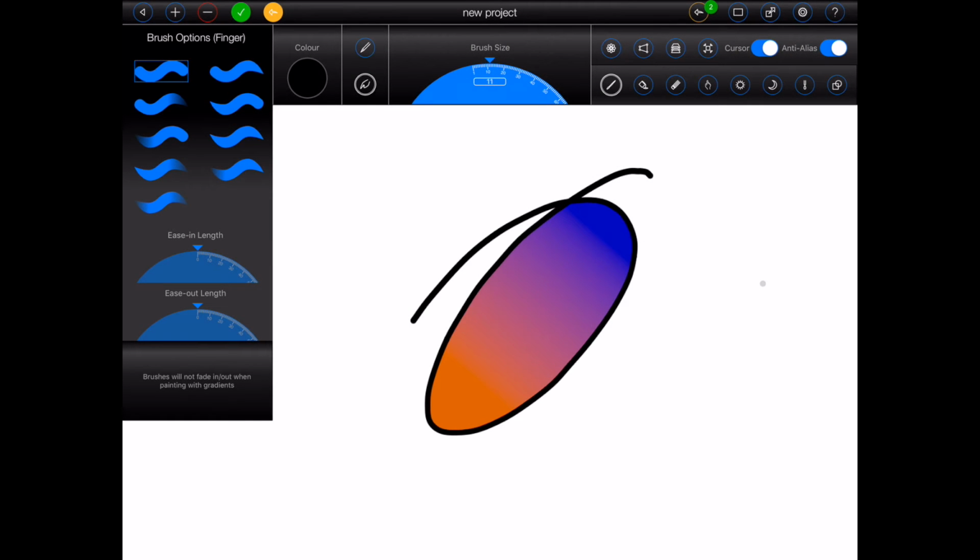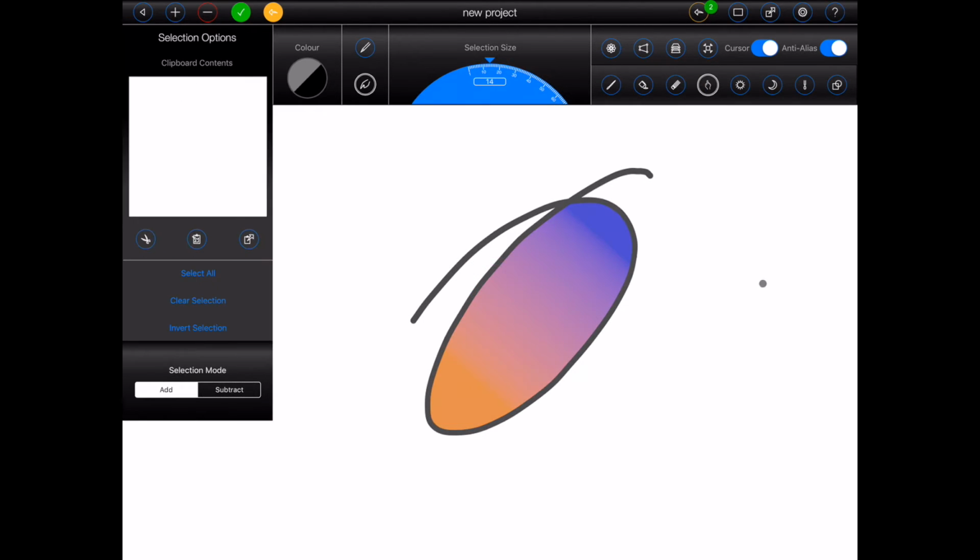The Selection tool allows you to cut or copy content from the currently active layer to the Image Creator clipboard, or paste content from the Image Creator clipboard into the currently active layer. Press the button with the hand on it to open the Selection tool. You can modify the size of the Selection tool by rotating the dial at the top of the screen. Drag your finger over your image to select content from the currently active layer.